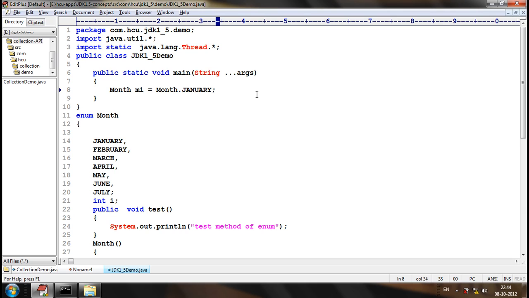Whenever an enum constant is used for the first time, then all the objects of the enum constants will be created.